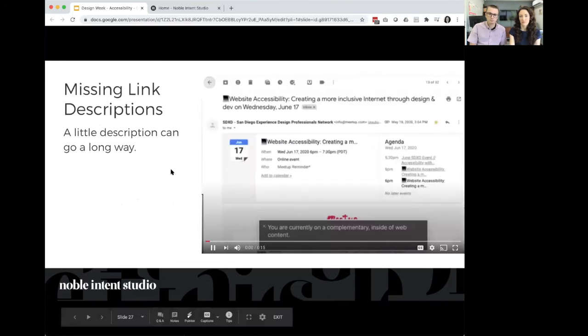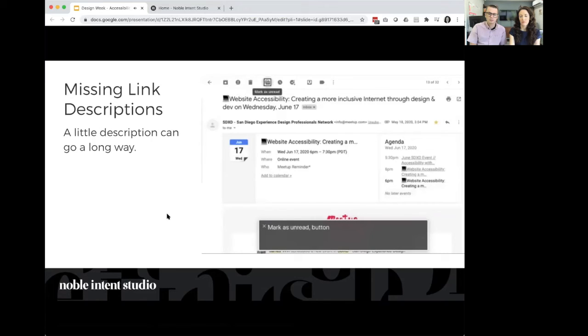a bad user experience. Back to search results button, archive button, report spam button, delete button, mark as unread, snooze